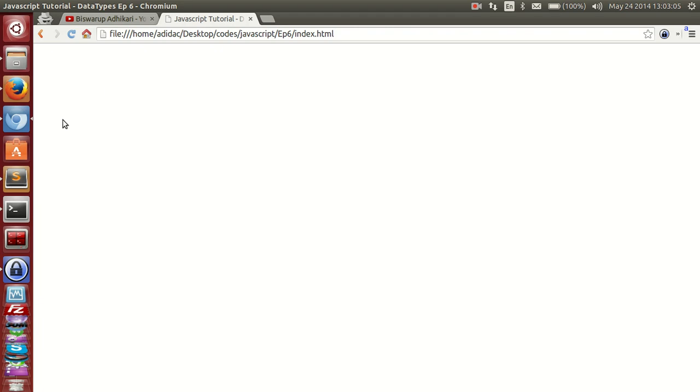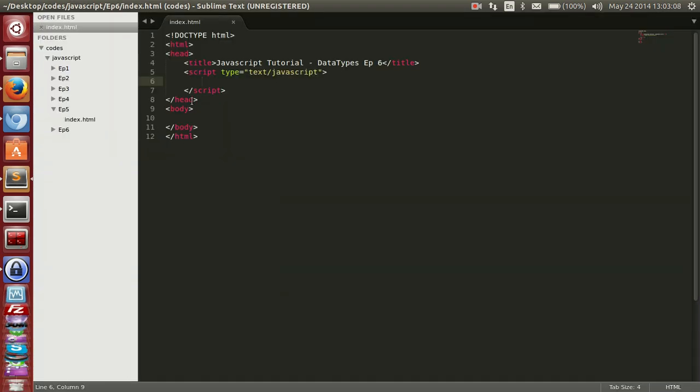In the previous episode we stored some data in variables, but what are the different data types present? Data types means, let's say you want to store a name in some variable. That name is a string type. Now if you want to store some digit or number value, that is a number data type. So the JavaScript data types are: one is string, next number,